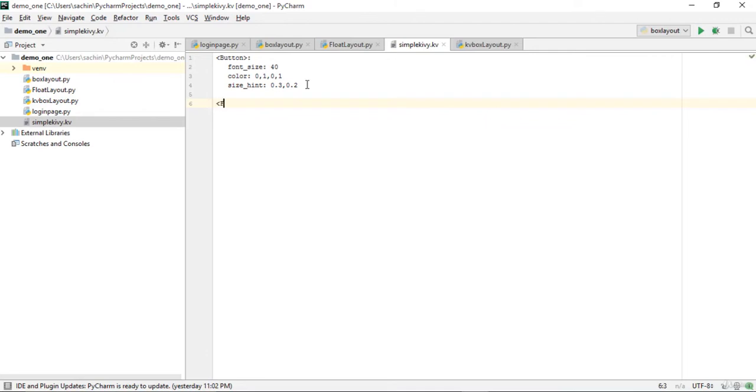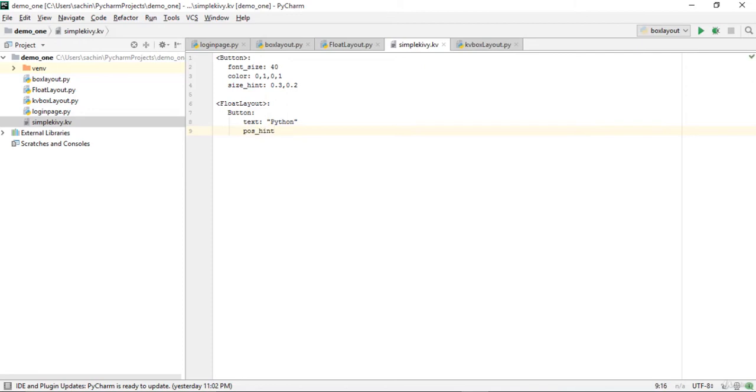So let me say float layout, so you know the naming convention. So let me just give a 4 space again here, and let's start with just giving a button first. So let me say button over here and just give the 4 label again, that is use this text first, that is the text of our button. So let me say the text should be Python, and let me say position hint now.